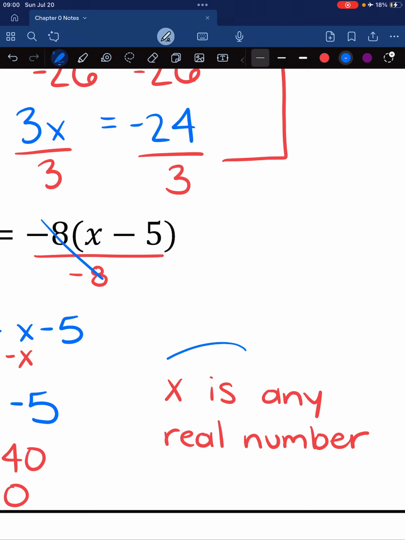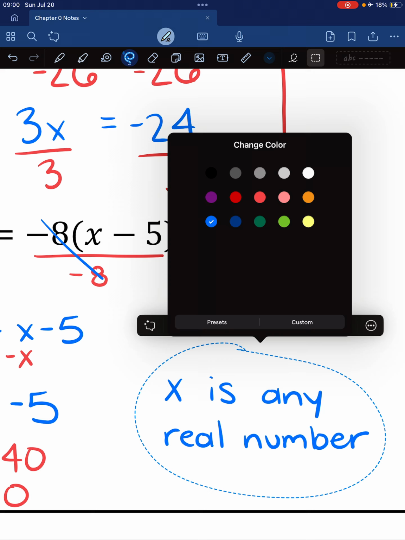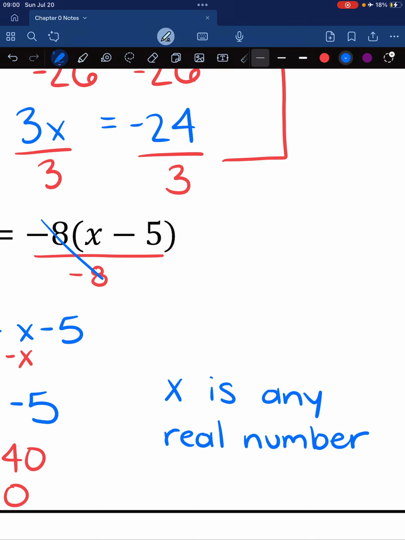And again, that means x, I don't know why I wrote that in red. There we go. Okay. What that means is x could be 4, x could be negative 3, x could be